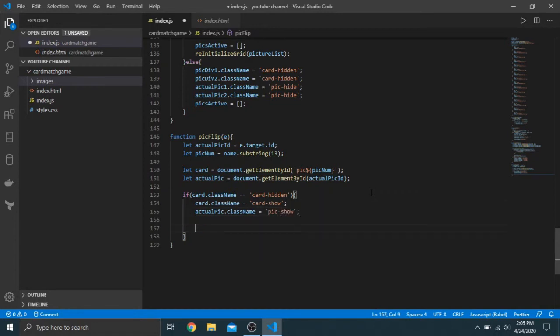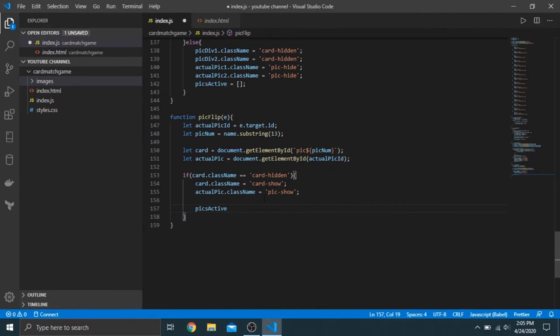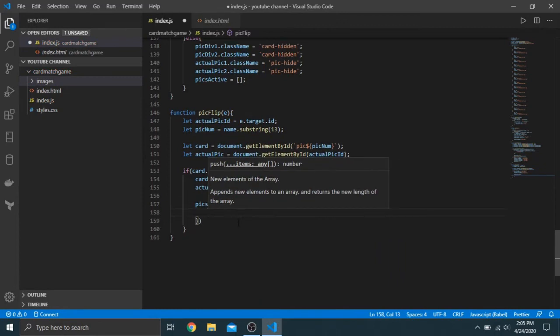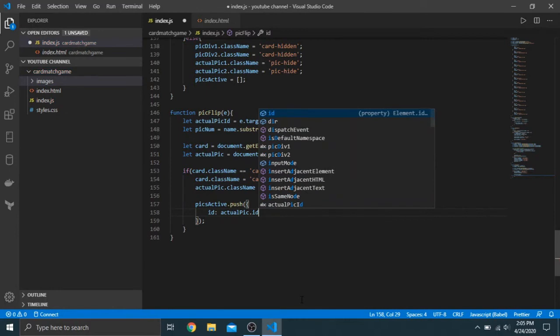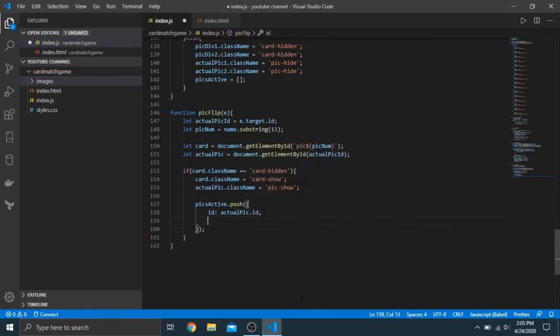And then I also want to do picks active. So now, if it's flipping a card to show it, I want to append it to that list. It'll always have only 2 elements in it for the selected pictures. So the active picks is going to be the actual pick.id, and then it's going to be name, and this is going to be pick